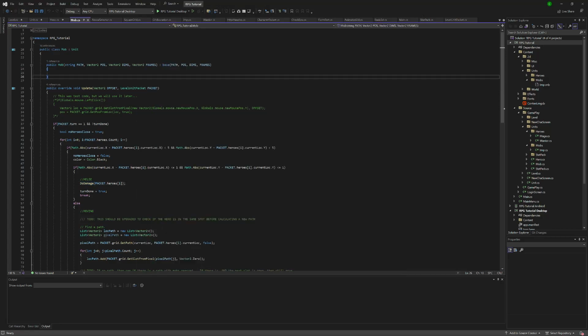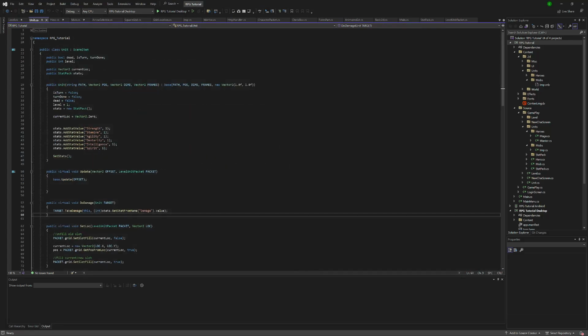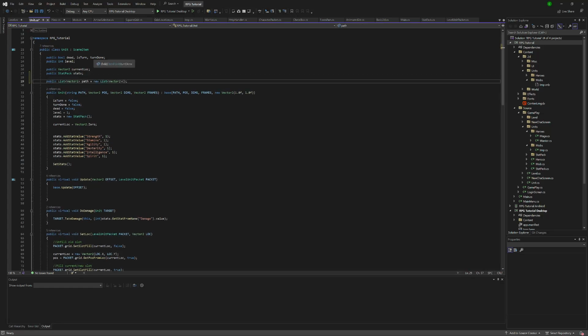All right, so first things first, we want to create that path. I chose to do it in Unit. You could do it somewhere else if you really felt like it, but we are going to do it for both the hero and the mobs, so we're going to go at it from that route. So we have path: public List<Vector2> path = new List<Vector2>();